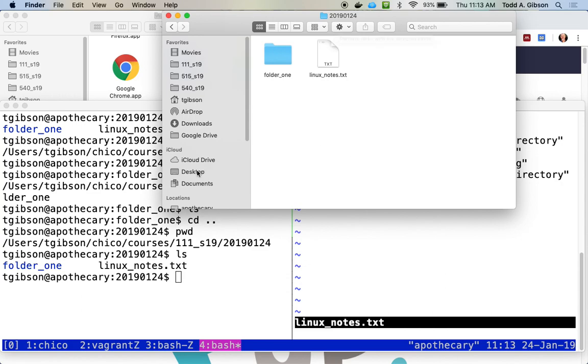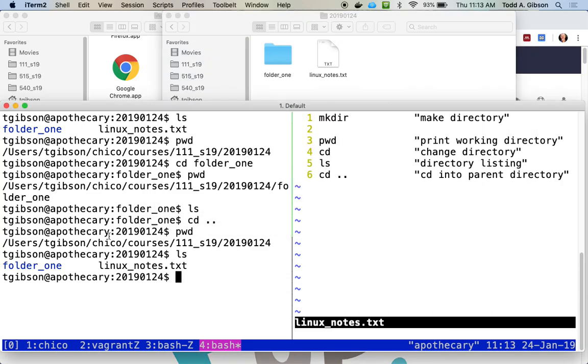All right. Let me create another directory. Make directory folder 2. One thing you'll have noticed is as I've changed directories, this prompt has changed, and in this case it's actually quite helpful. It's showing me that I'm currently in folder 1, and then when I changed into the parent directory, it showed that I was in this directory, which matches this right here. That is convenient, but